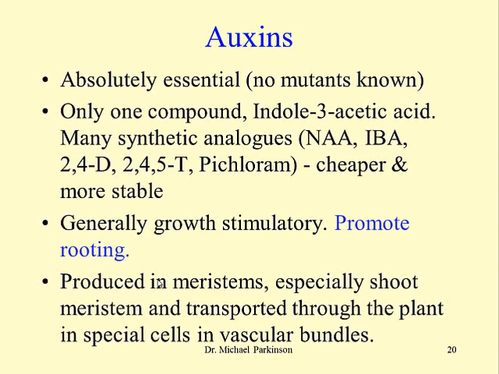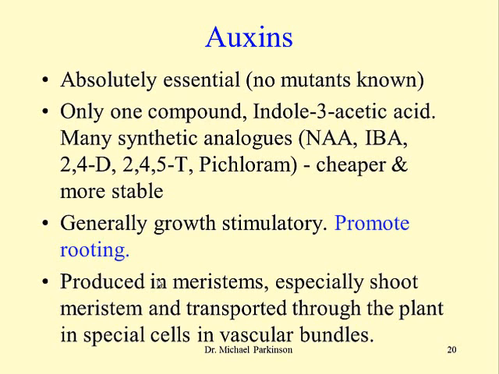It's possible to knock out a lot of gene functions by putting in antisense RNA. But you can't do this for auxins because they have essential functions in the plant. Now, although there is only one compound, indole 3-acetic acid, which is found in nature, there are many synthetic analogues like naphthalene acetic acid, NAA, indole butyric acid, IBA, and some analogues that have a benzene ring in them,